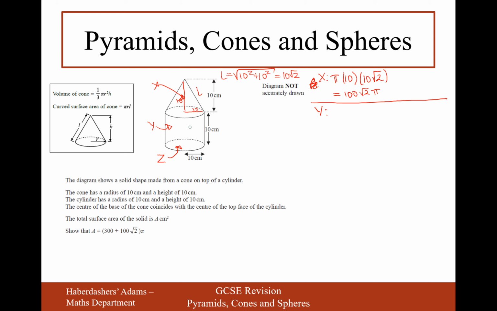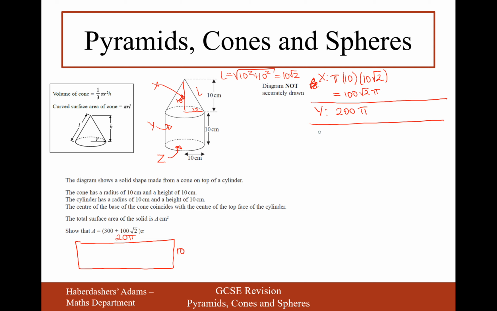Now that, when you stretch it out, would just be a rectangle. It'd be a rectangle that will have a height of 10, and the width of the rectangle will be the same as the circumference of the circle on the top there. The circle's circumference will be 2 pi r, so it would be 2 times pi times r. The r is 10, so it would be 20 pi. So the area of this rectangle is just going to be 200 pi,